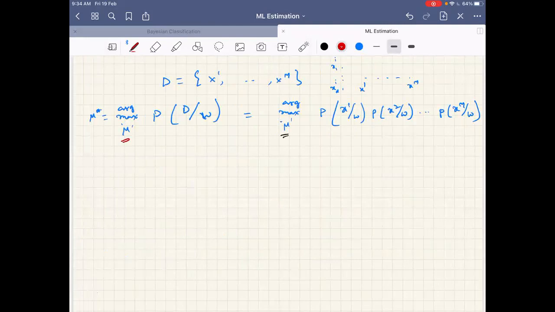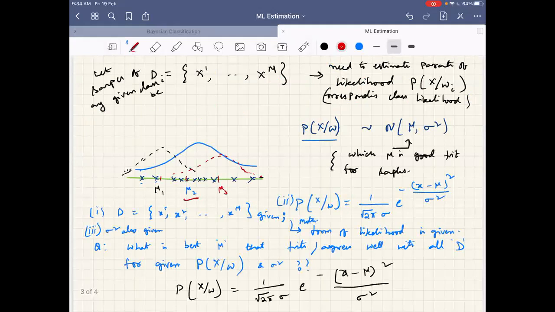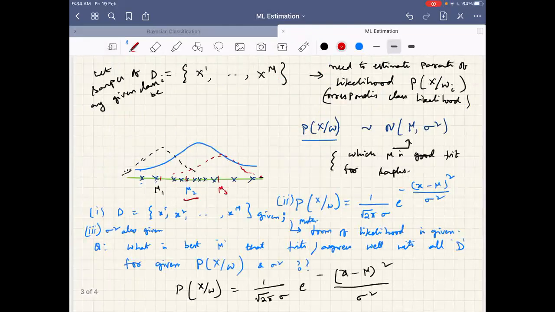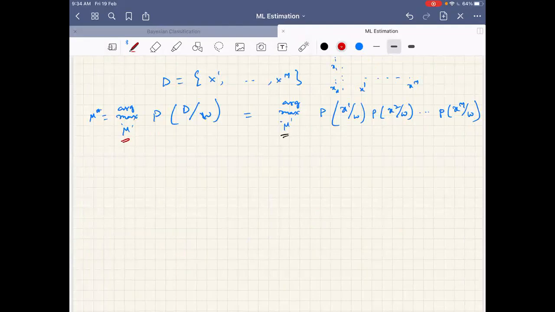Sir, how are we capturing this matching property? Because even if you use some other mu... I understand. If I put it here, I don't know where it matches. That's why I'm formulating it as a mathematical problem. If I need to try all possible mu's, then it's a search, and I can't do that. So that's why I'm putting it as a maximization problem. If I put it as a maximization problem, what benefit do I have? How do you think I will solve for mu star now? Mu star is obtained by what?